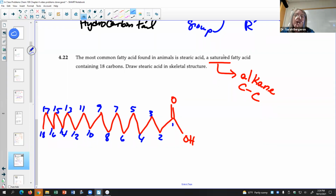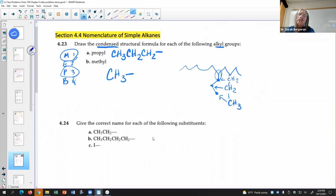Okay. So anytime you have to draw fatty acids, if it's saturated, it is super easy. Now, if you have ones with carbon-carbon double bonds, then you actually have to explain where the carbon-carbon double bond is, and you have to do some more stuff, and we'll talk about that later. But that's the simple one. Okay. Now,